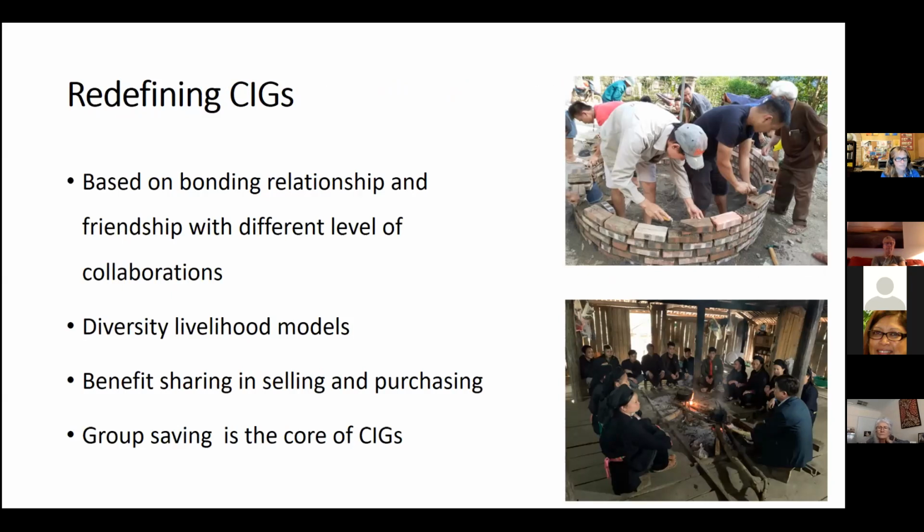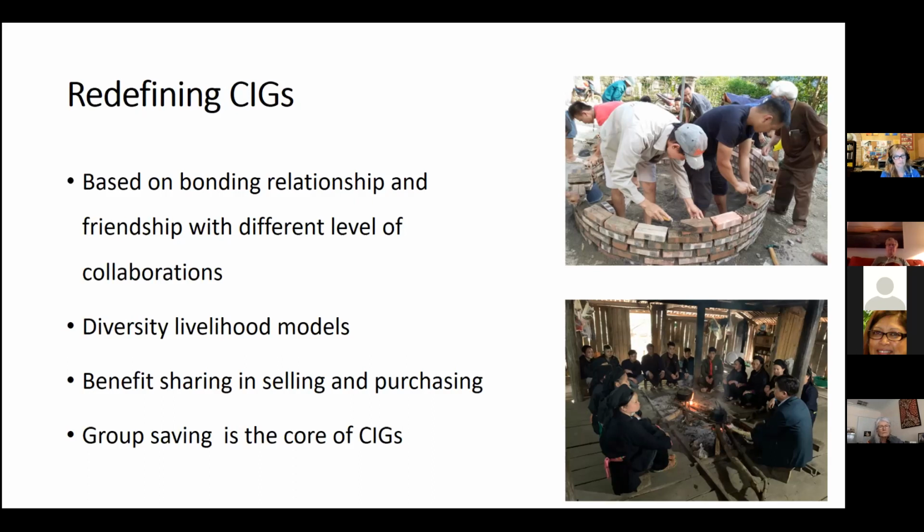Okay, so right after the leaders got ABCD training and sharing about ABCD, they think that in terms of developing CIG, they should redefine the CIG. So instead of considering CIG as a group that produces only one product for all, they think that now it should be a diversity